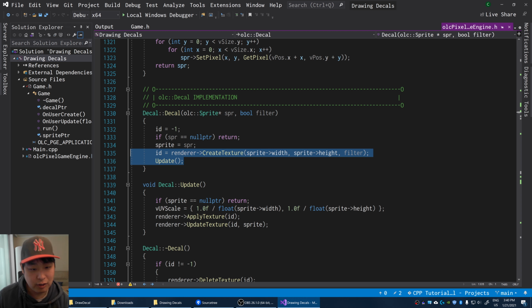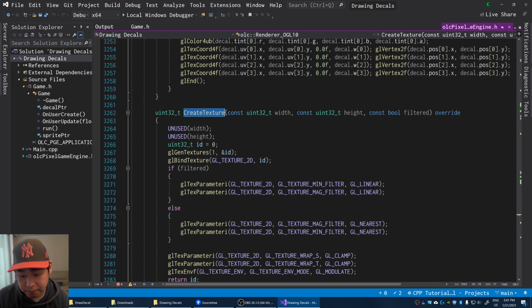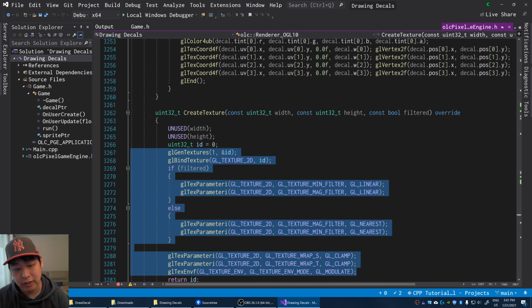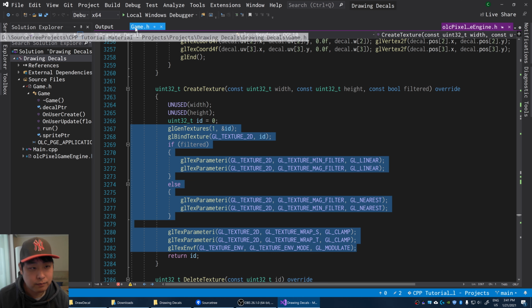And these two functions are a way of telling OpenGL which sprites you want to load. We also give sprites an ID, so later you can find exactly which sprite you want. And if you go deeper, you're going to find some OpenGL functions. But for this video, I'm not going to talk about OpenGL. It's a massive topic. If I do decide to talk about it, I'm probably going to have to set up a separate playlist for this. But for this video, we're not too worried. We know that the OLC Pixel game engine uses OpenGL and it works.